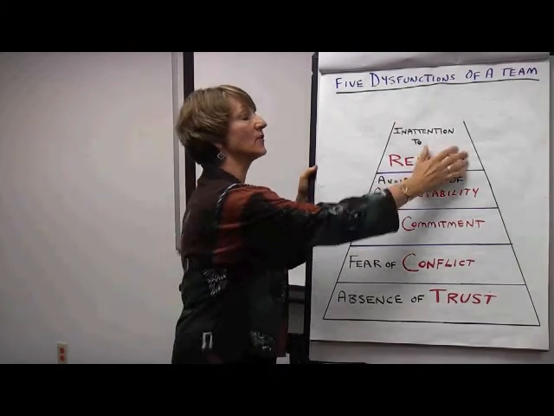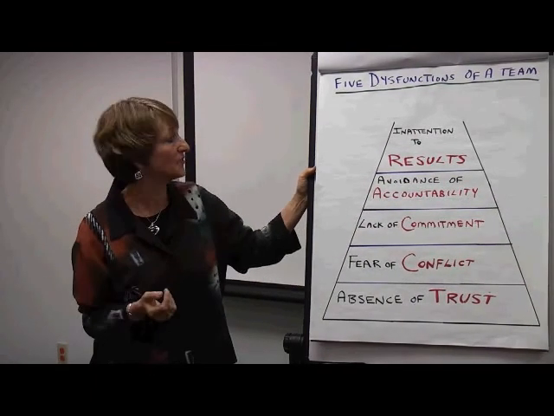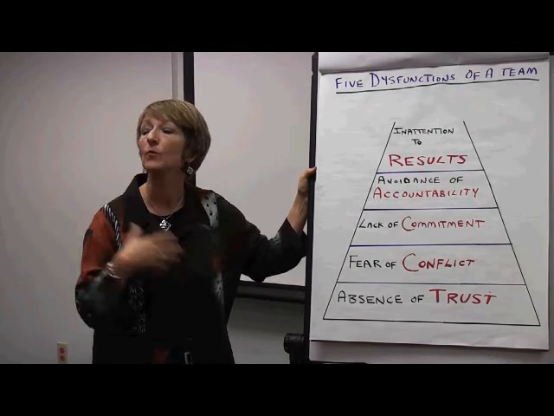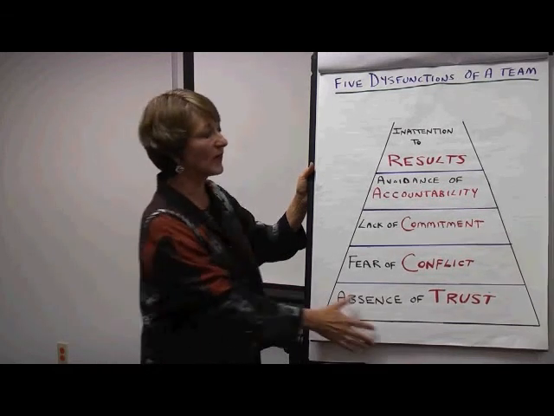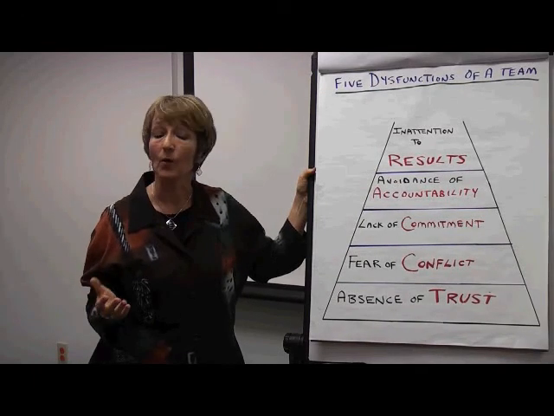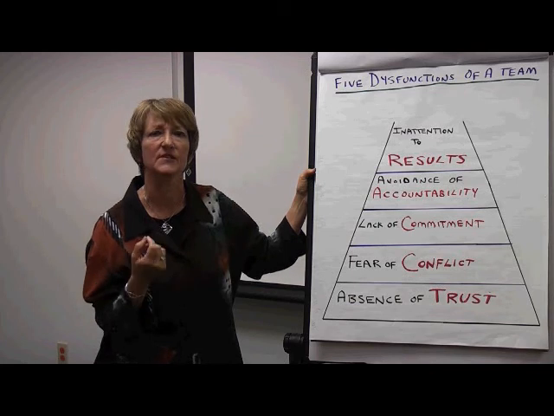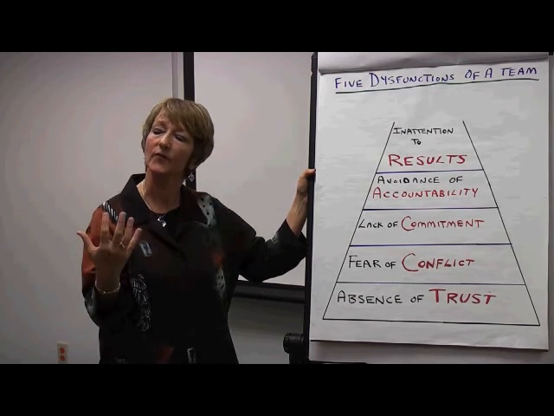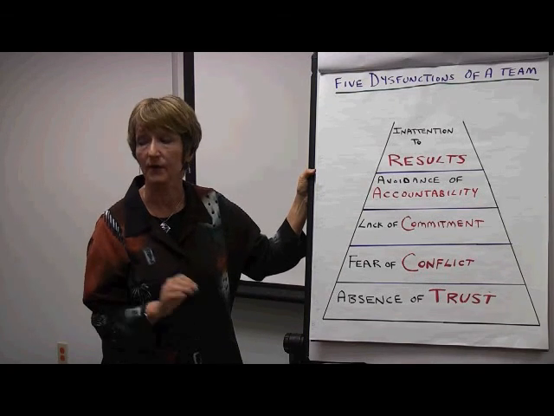And so what we notice in the inattention to results dysfunction is that people tend to be more interested in their own individual agendas and goals than what the team's goals might be. So this is a quick overview of what the 5 dysfunctions of a team are. Where we'll take that next then is to really look at what are some of the characteristics and behaviors that are demonstrated in each of these so that you can kind of hold the mirror up to your own teams to see where are we at in relationship to each.